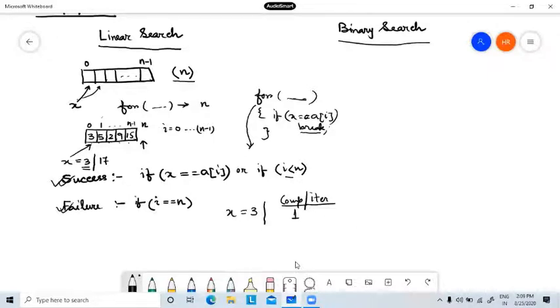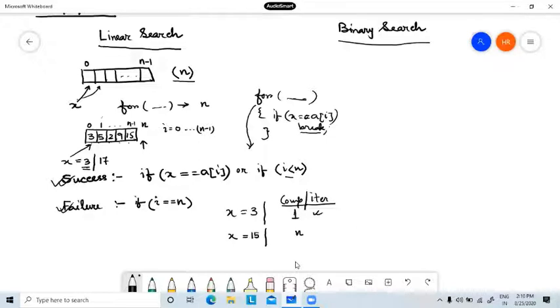So it will match with this and it will come out. Logic clear? Now if I search 15 instead of 3 in this array, then how many comparisons do I have to perform? I have to perform n comparisons. So in this particular array, if I search 3, then it will give me only 1 comparison.